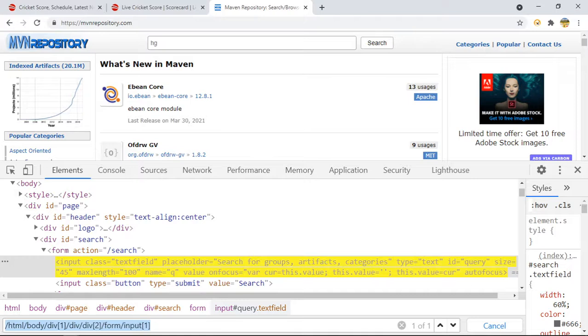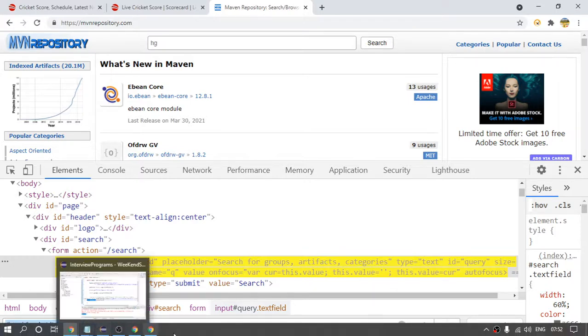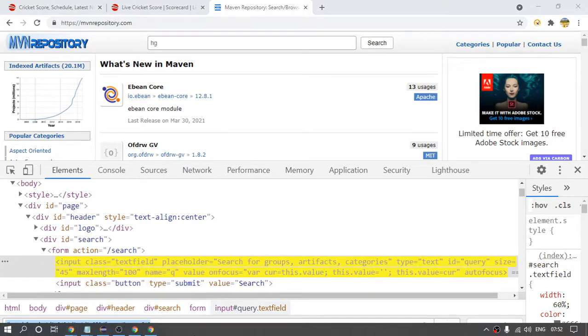Yeah. So we need to provide only this, or do we need to provide some other reference also to identify the element? What you are saying, can you repeat again? I'm saying, do we need to provide only this thing, like HTML and then div and then all this, which you wrote? Only this is basically how the thing will identify the web element.